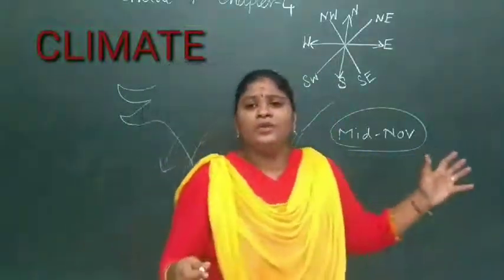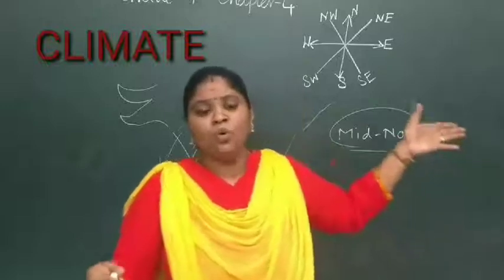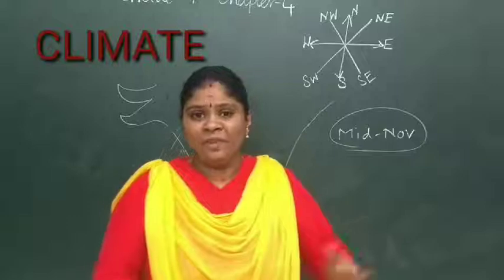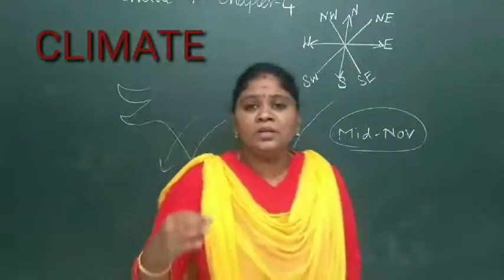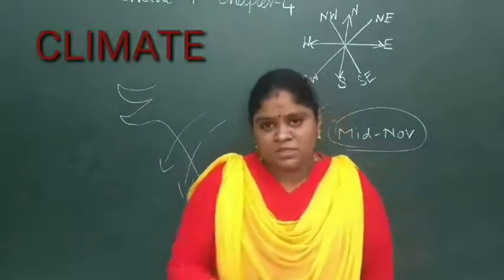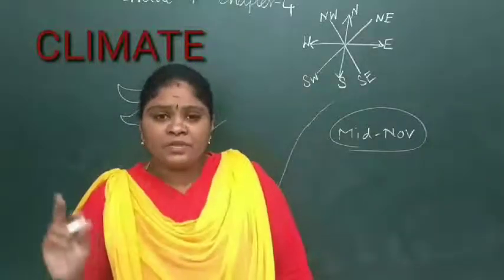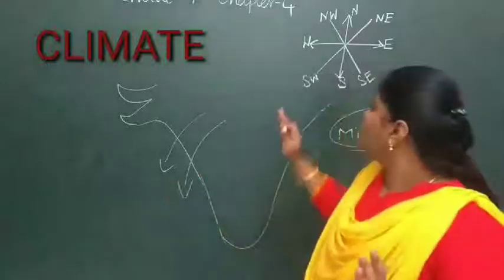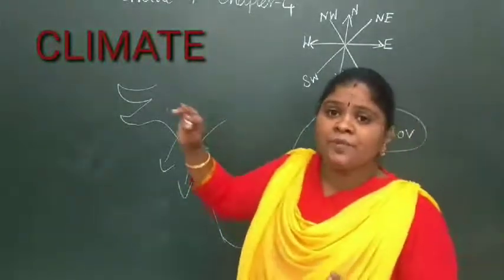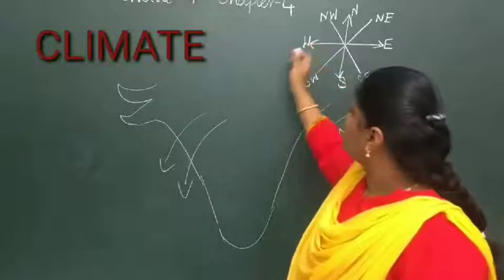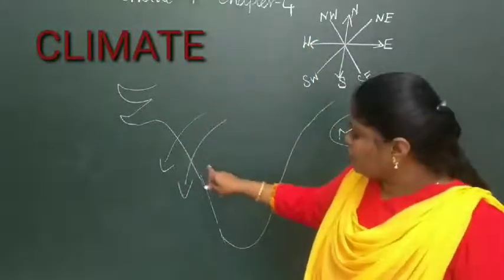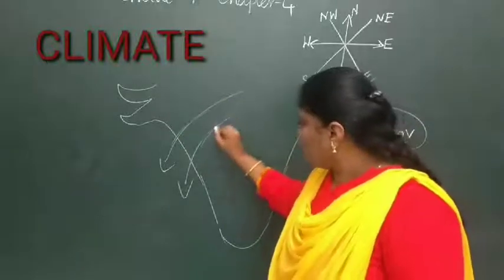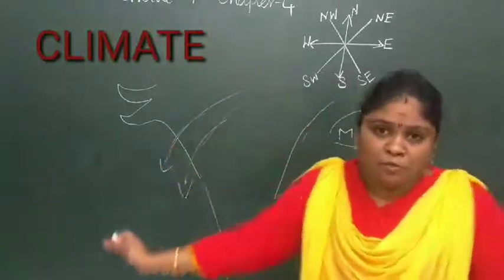Then you can find during this season, that is the cold weather season, the trade winds, which we have studied were described by the Arabians, will start moving towards the northwestern direction. So how will you decide the northwestern direction? They are saying from the north to the western direction. You can see the arrow mark which I have placed, so it will be moving in this direction. So it will be moving in the northwest direction.